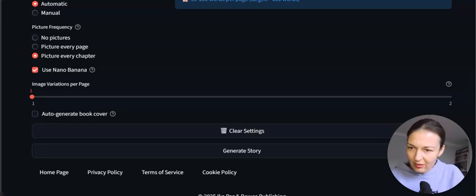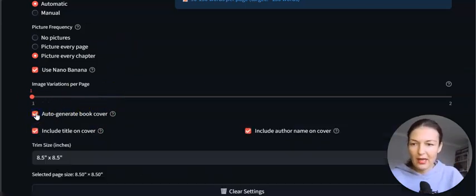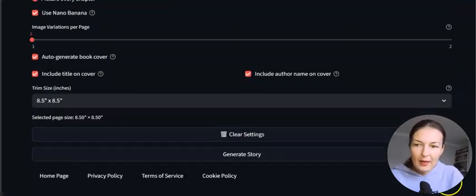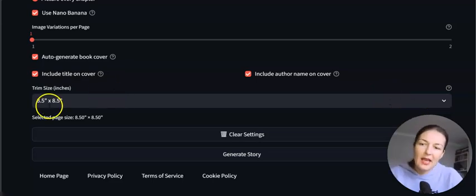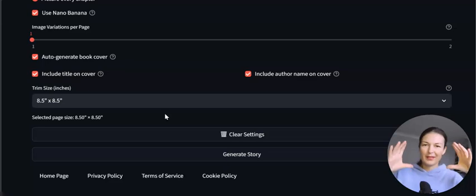And is that all? Here you can choose image variations per page. You can have up to 2 image variations per page. Okay, I'll just stick to one. Auto-generate book cover. Yes, let's go for that, because again, it is created by Nano Banana. The size, this 8.5 by 8.5 is more for sort of like square.